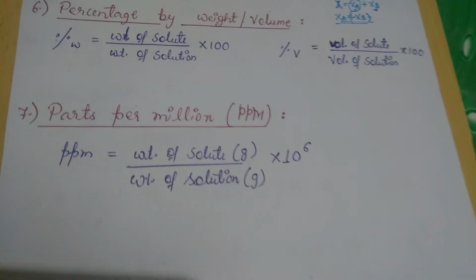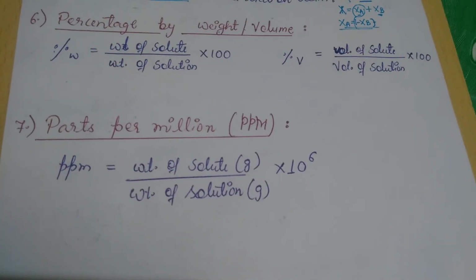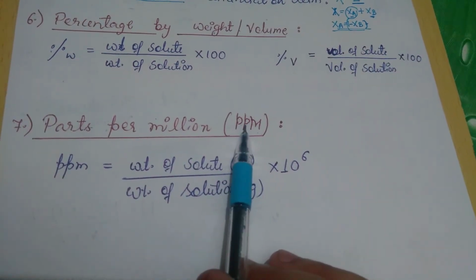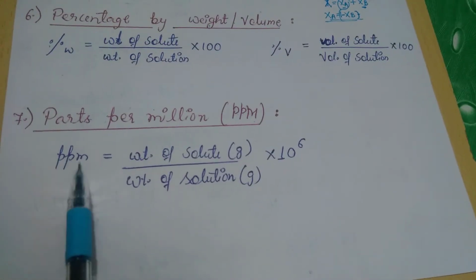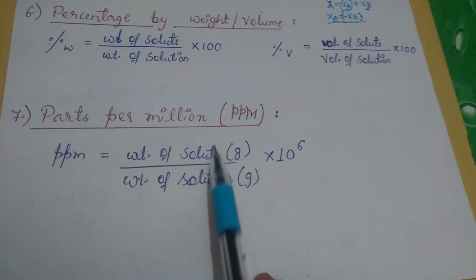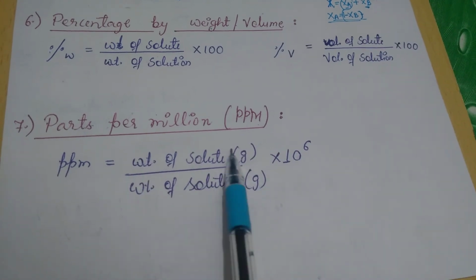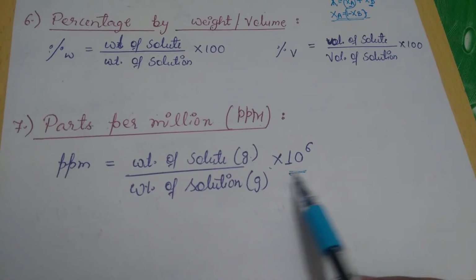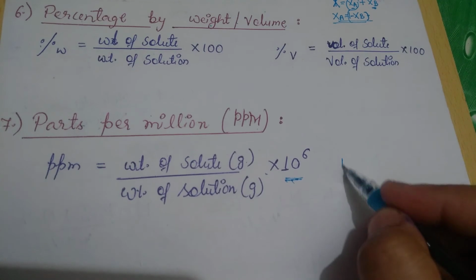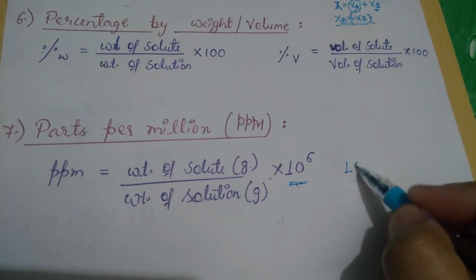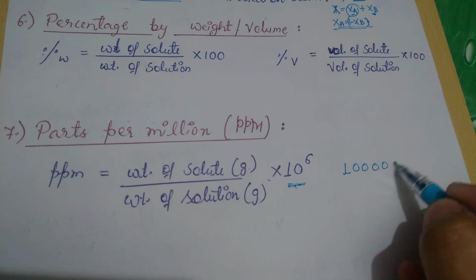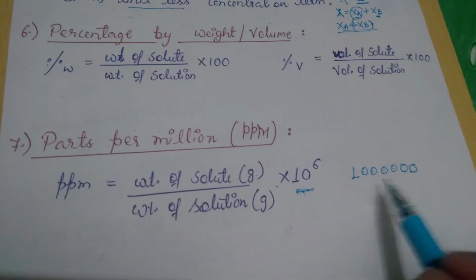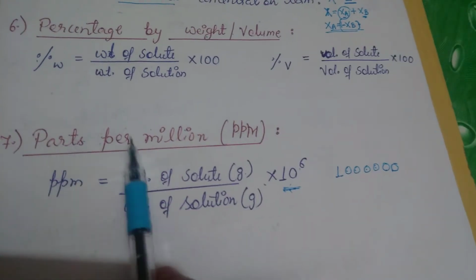Okay, now next comes a term which is very confusing among most students, that is parts per million. That is also called ppm, small p and small m. So this ppm is equal to weight of solute, because it is a concentration term only, weight of solute represented in gram and weight of solution also represented in gram, into 10 to the power 6. This 10 to the power 6 is actually a significant scientific notation. It is like this: 1 2 3 4 5 and 6 zeros, that is 10 to the power 6. This is parts per million.